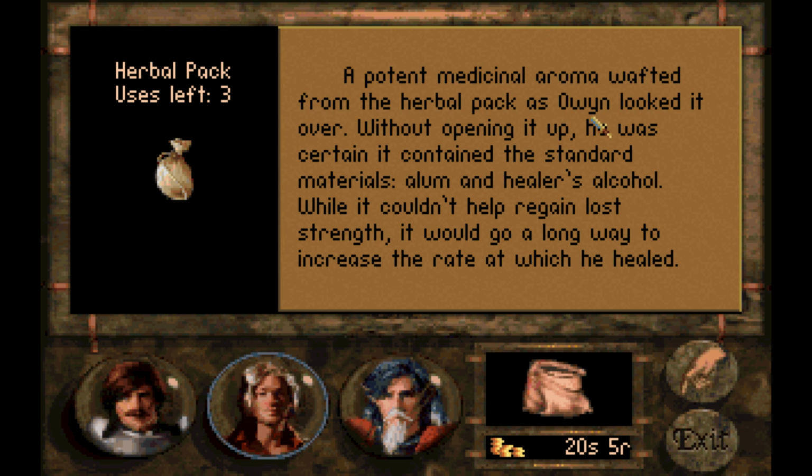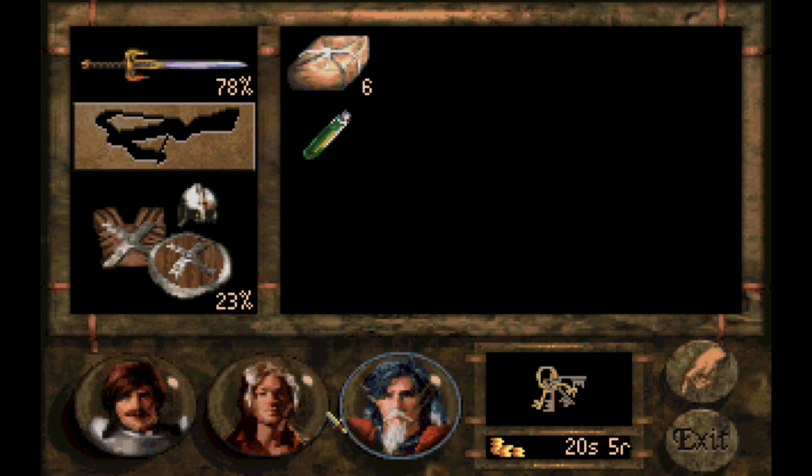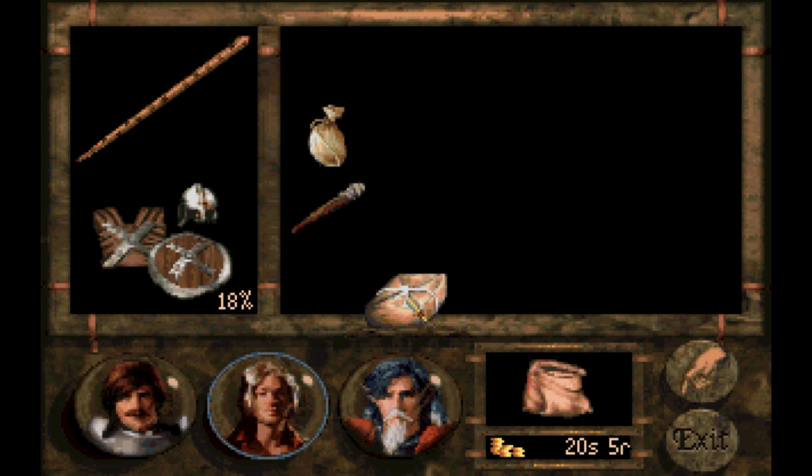So this is the kind of thing that you want to use outside of combat to heal up a little bit faster, whereas the restoratives are something that you'd use in combat in order to, actually...